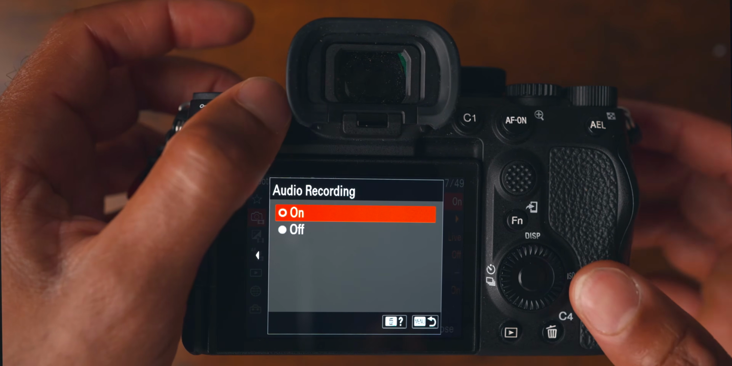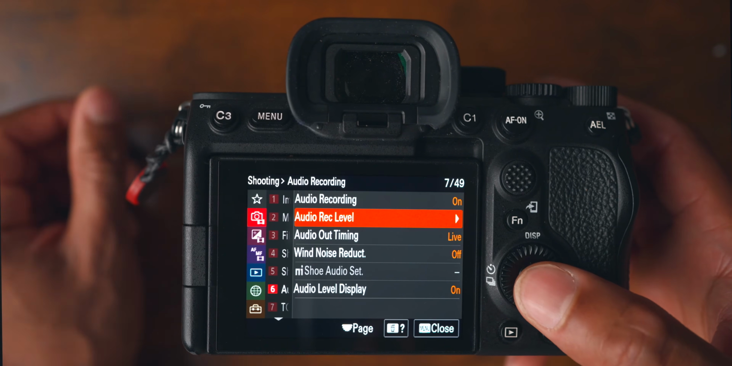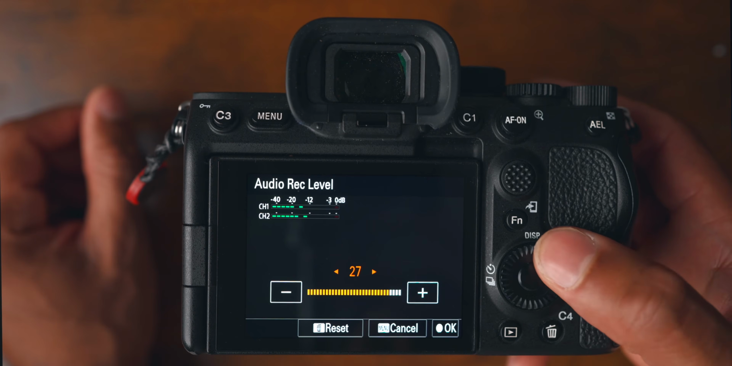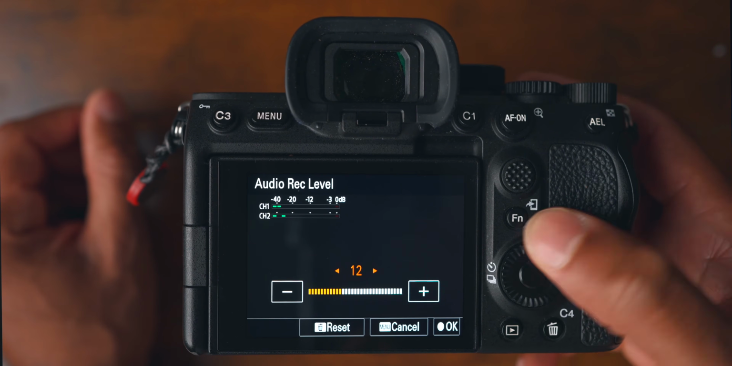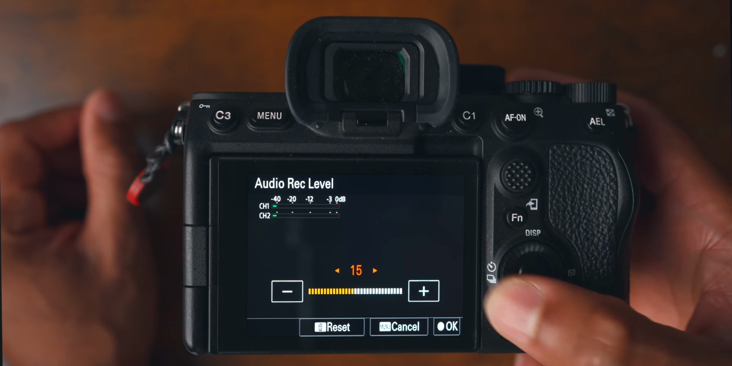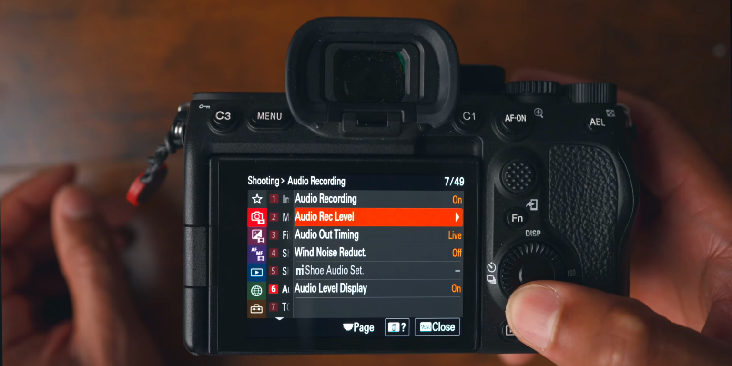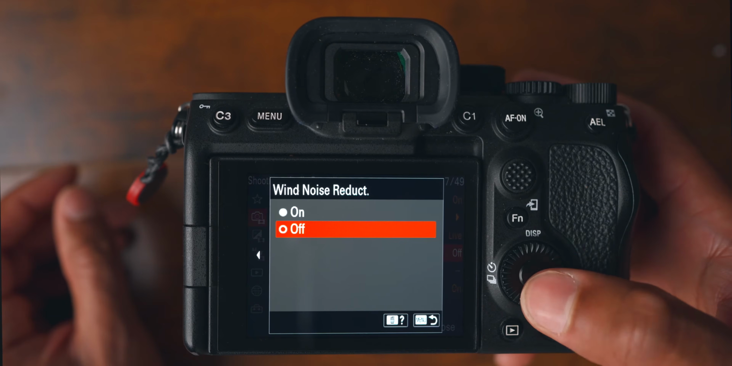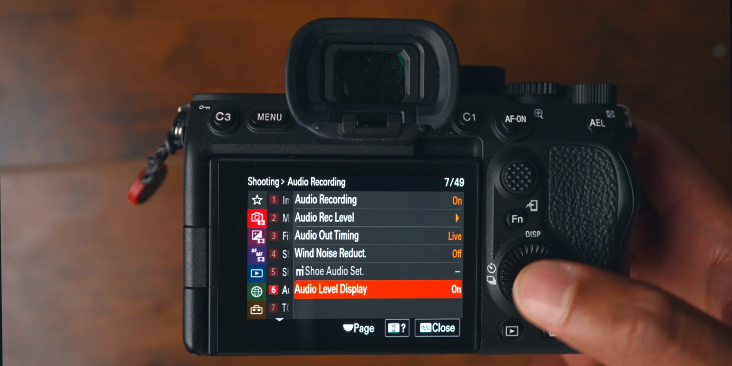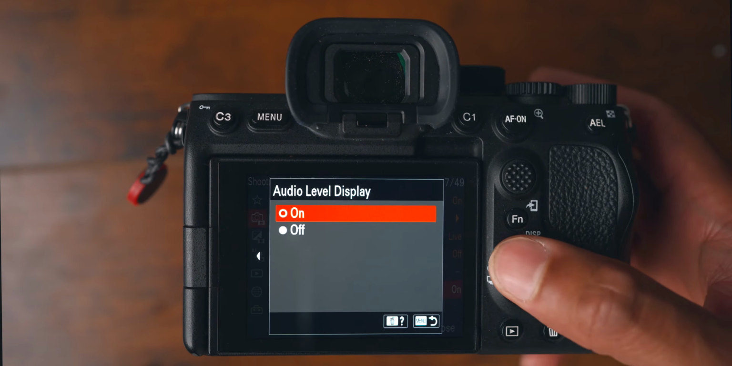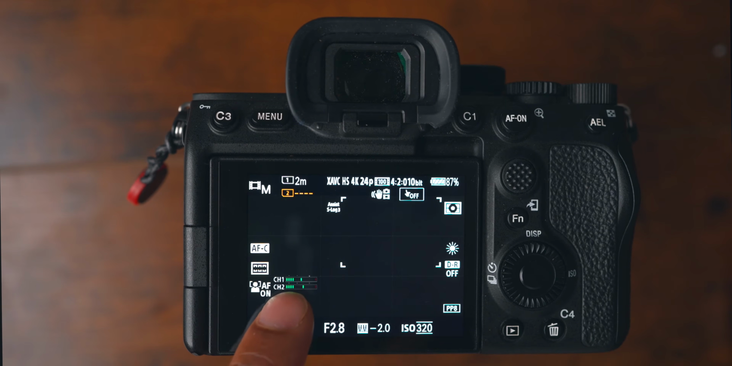Audio recording, I normally have that set to somewhere between 7 and 10 when I have a microphone connected. Bump that up if you want to use the internal audio. Usually that's just for scratch audio though, because the internal microphones aren't that great. Wind noise reduction I have set to off just because I'd rather do this in post. Audio level display, we have that set to on because I do want to see the screen, making sure it's